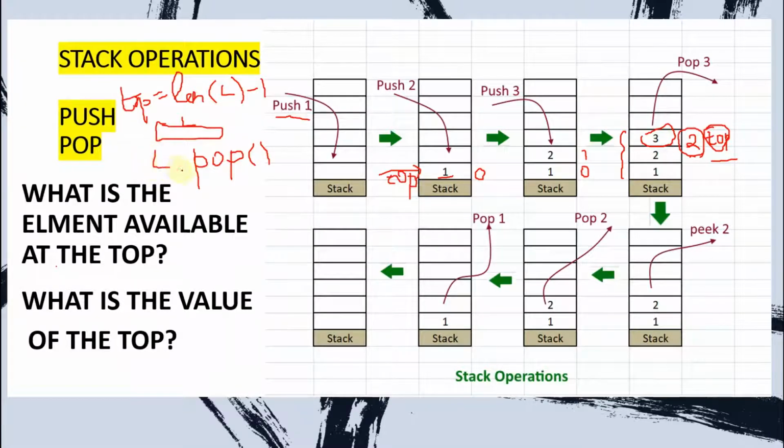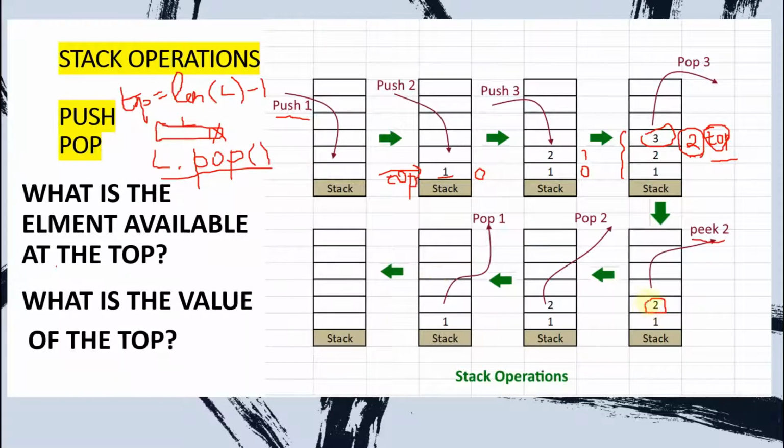So how do we implement the pop operation with the list? If we just call the function L.pop, it automatically removes the last element from the list. This gives us the result of the pop operation.